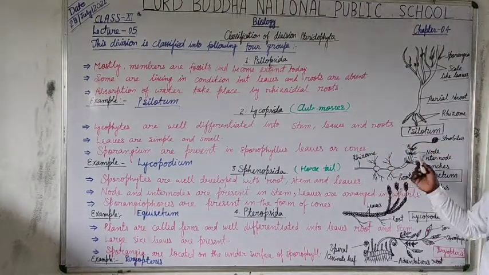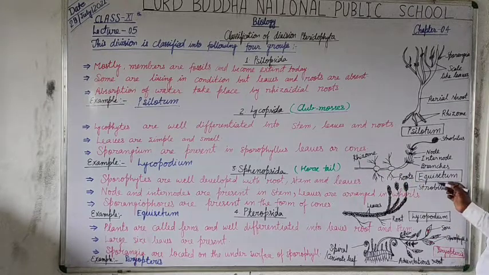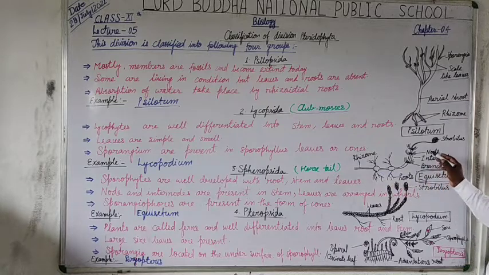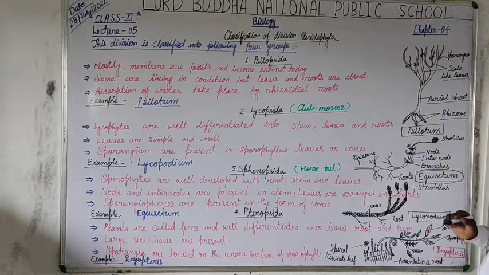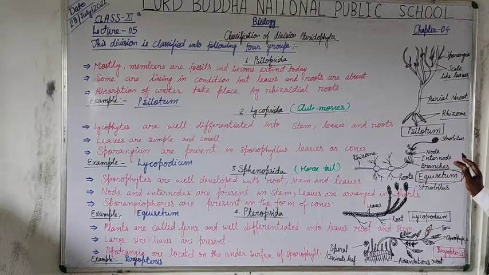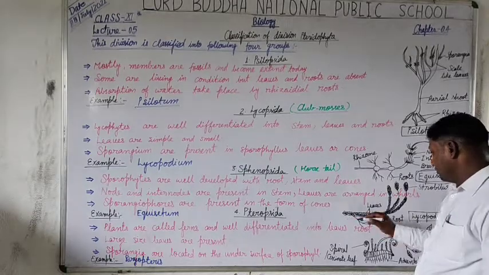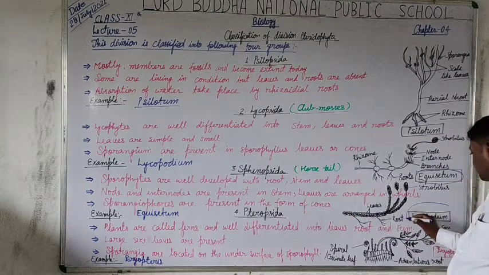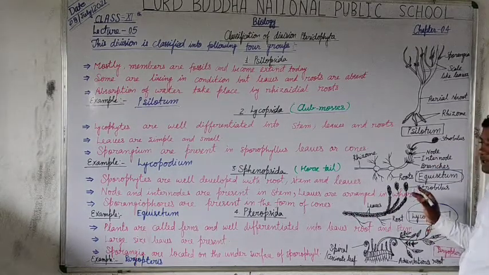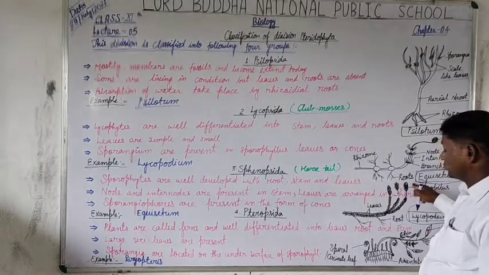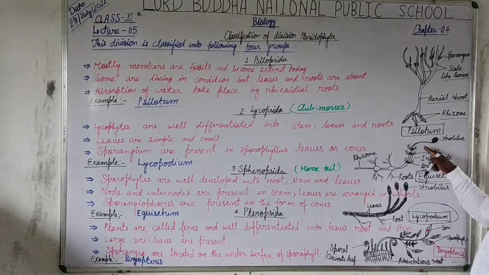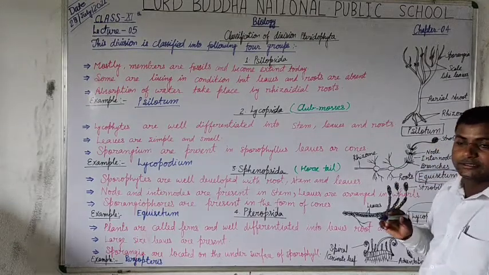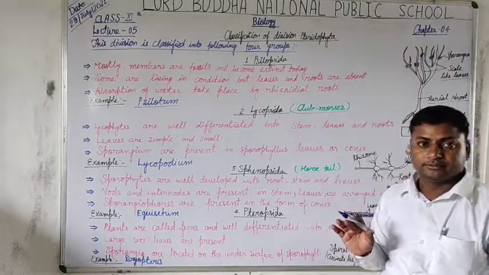This is an example of lycophytes, which is Equisetum, and they are generally called club mosses because of the presence of, this is the Lycopodium. The Lycopodium is the club moss, not the Equisetum. Equisetum is generally called horsetail because this strobilus structure looks just like the tail of a horse. Is that clear?